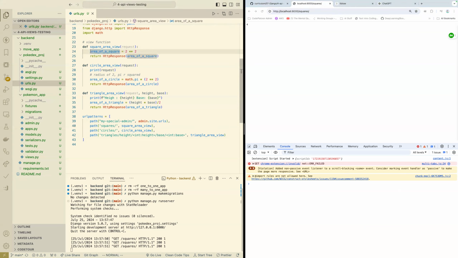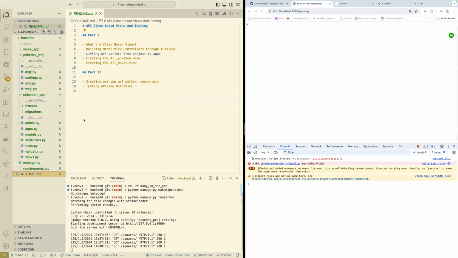And in this case, all we're doing here is basically returning 4, which is the area of a square that we've just hard-coded here. We're going to dive much deeper into this today. We're going to see how to write class-based views to do this. We're going to see how to use the models and the serializers and the model relationships that we learned about yesterday in these view classes or view functions with what's called an API view with Django REST framework, how to hook up